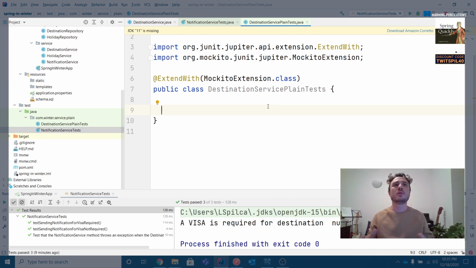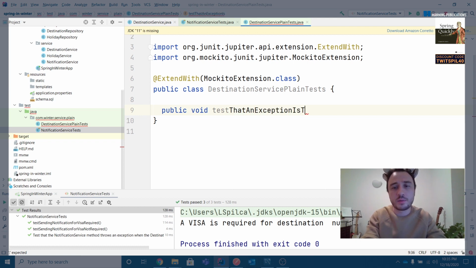Mockito is one of the most known, maybe the most used dependencies for creating mock objects. You are going to see this very often, so that's why I chose it. And let's try to use it in our application here. Let's see how we can use Mockito to write our tests. So the first test we'd like to write is to test that an exception is thrown when the destination